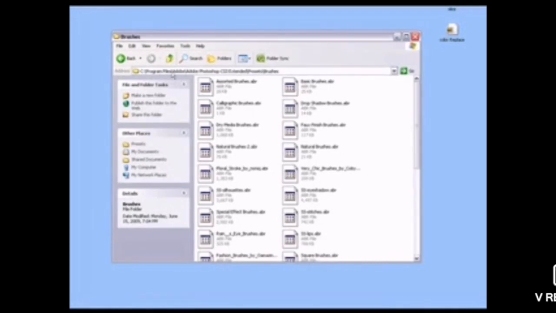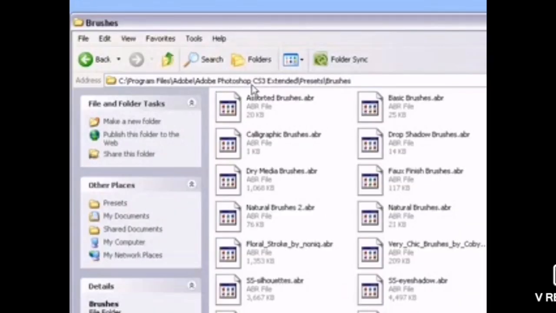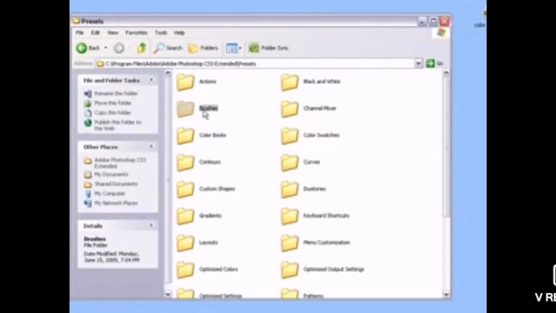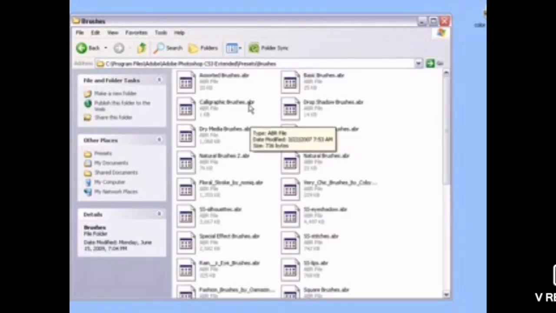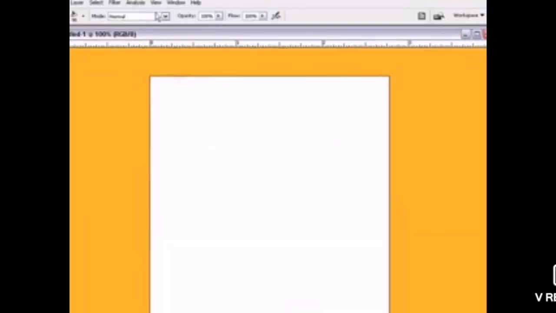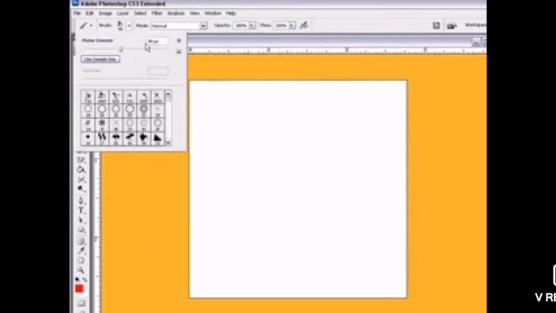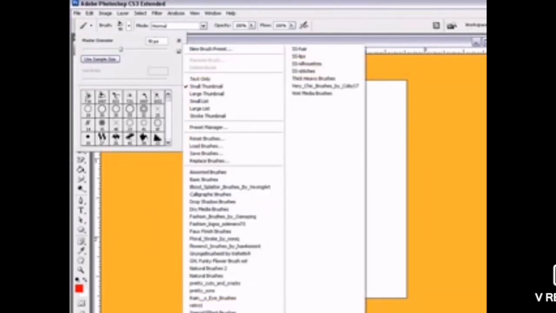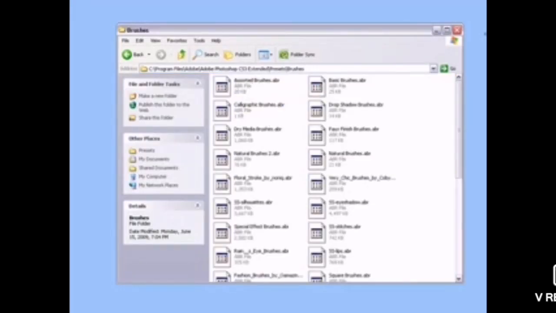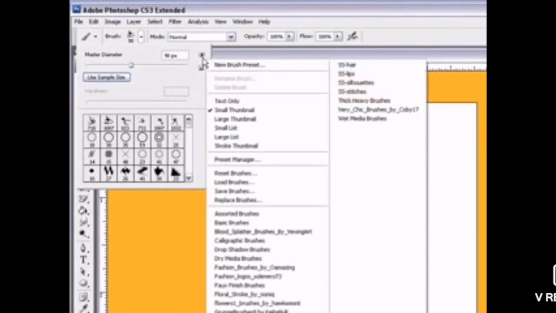Even if you want, you can add brush tools from your computer. If suppose you have downloaded them, go to the place where you saved the brush tools and select the brush tools from there. Suppose I have selected the brush tool over here. Then the same brush tools will be available in my preset options. Understood? It depends on you which preset options or which brushes you want to use.